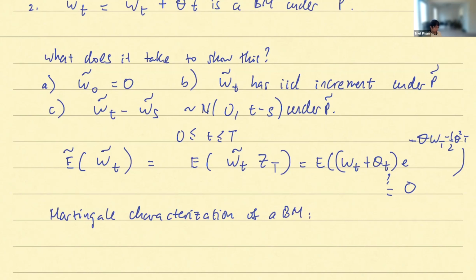This is one of the places where I think the martingale framework is really nice. It says that some process, you don't know what it is, is a Brownian motion, with respect to some filtration, under some probability measure,